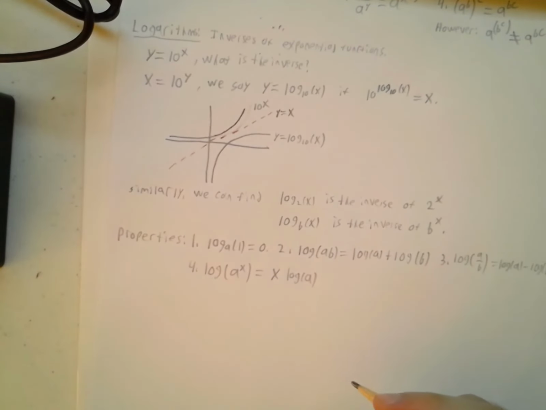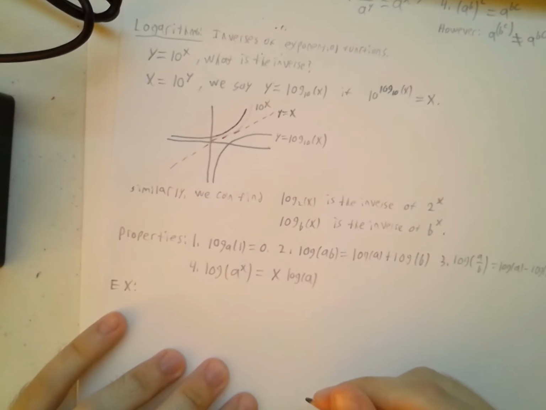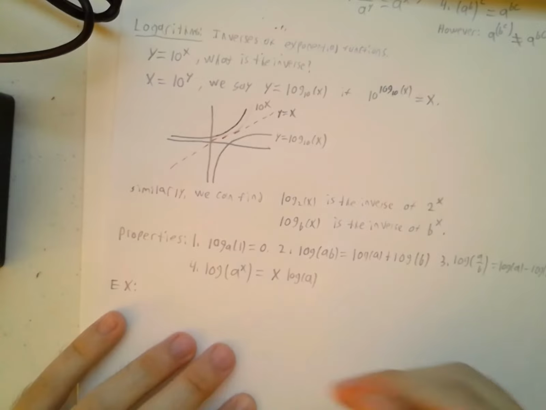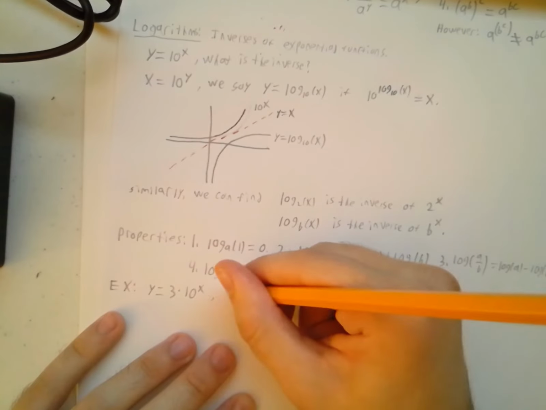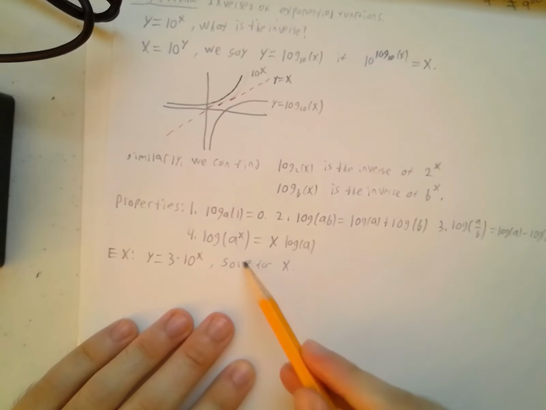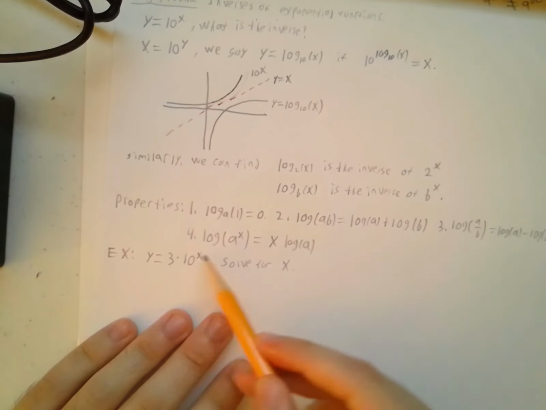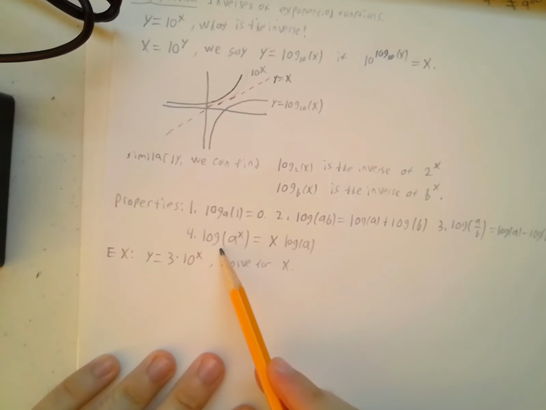So suppose we have some equation like y equals 3 times 10 to the power x. I want to solve for x. Well, we have to get the x out of the exponent, so you would take the log of both sides. And with this property, I didn't write bases, but you can put any base you want on there. But I'm going to use log base 10 because that's what I have here, a 10 to the power x. So we'll see that the log base 10 and the 10 will cancel. So if I take log base 10 of both sides,